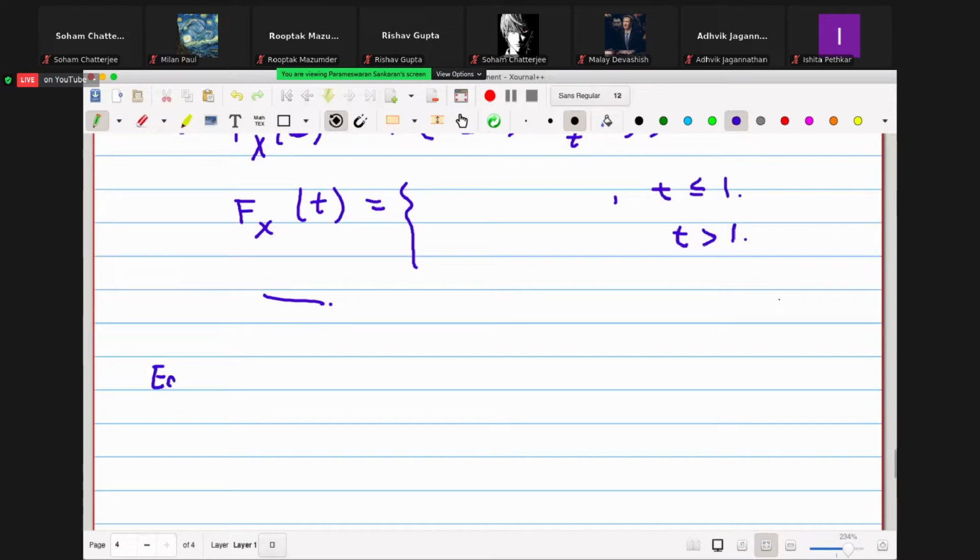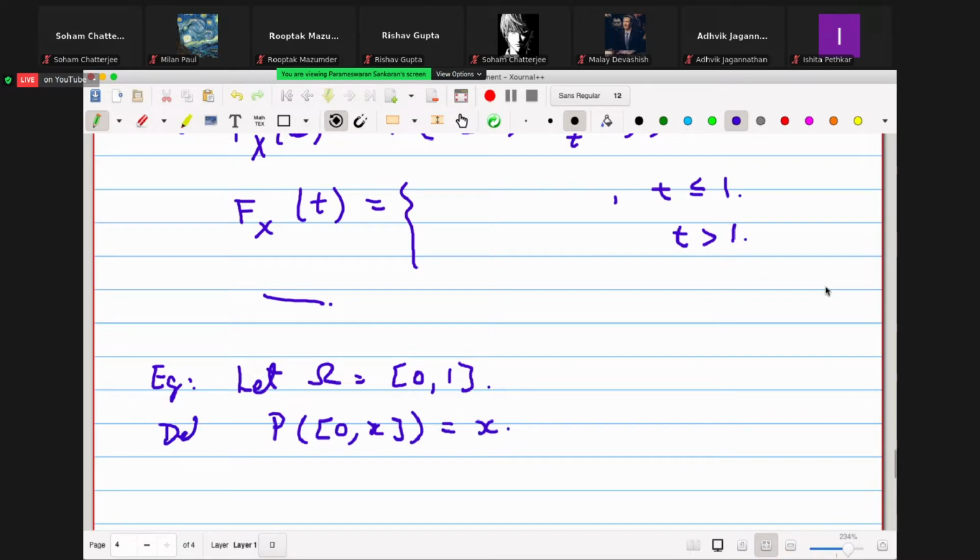So let again omega equal to 0 to 1 and P of 0 to, let us say, x maybe, is equal to just x. Okay. And this defines, so defined here. Define this, and now define X of omega is equal to